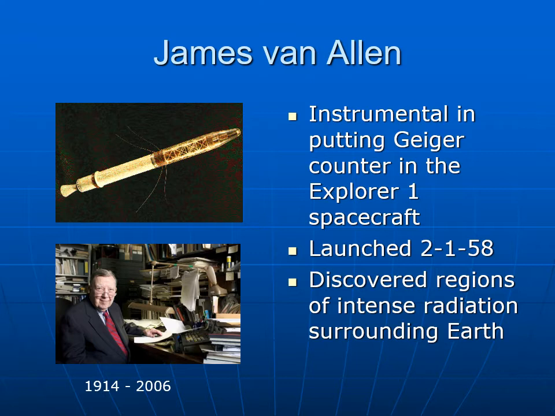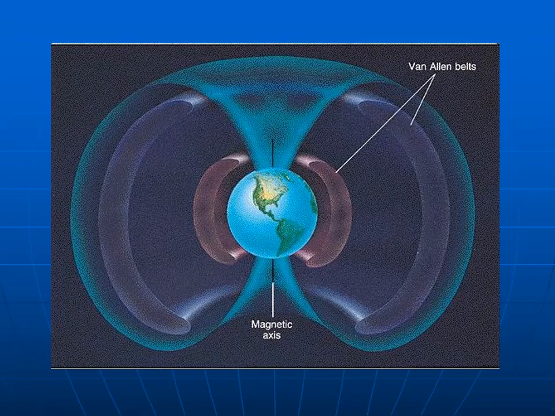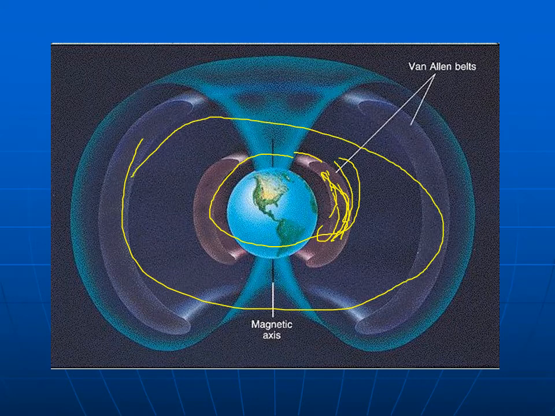And as the thing launched, it discovered these large regions of intense radiation circling Earth. And we call these the Van Allen radiation belts. The Van Allen belts are basically charged particles bouncing back and forth in the magnetic field. They make these donut-shaped regions encircling Earth. There's more than one of them out here. Now, ideally, you don't want to be in them if you can avoid it. So the International Space Station orbits in very low orbit just underneath the Van Allen belts. That's the idea, you try to stay below them, because passing through them gives you a substantial radiation exposure.